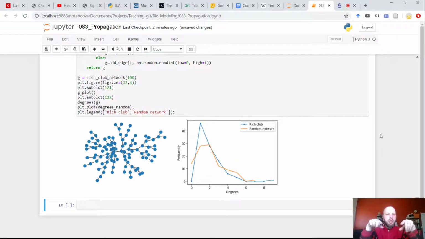We will interpret this graph for now as a graph of contacts. So let's say that people who are connected with an edge see each other regularly. So how will the disease propagation happen?